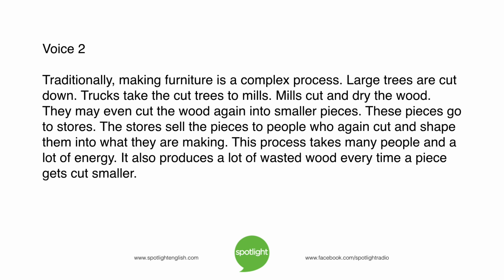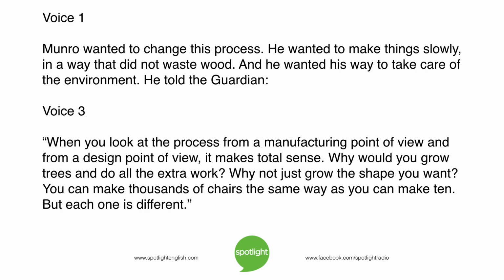This process takes many people and a lot of energy. It also produces a lot of wasted wood every time a piece gets cut smaller. Monroe wanted to change this process. He wanted to make things slowly, in a way that did not waste wood. And he wanted his way to take care of the environment. He told The Guardian,